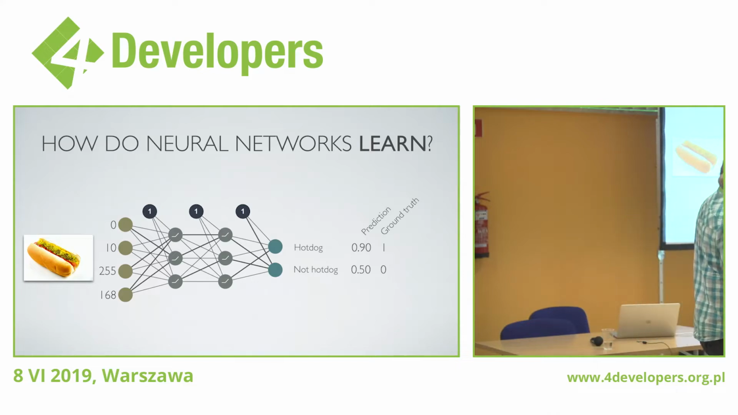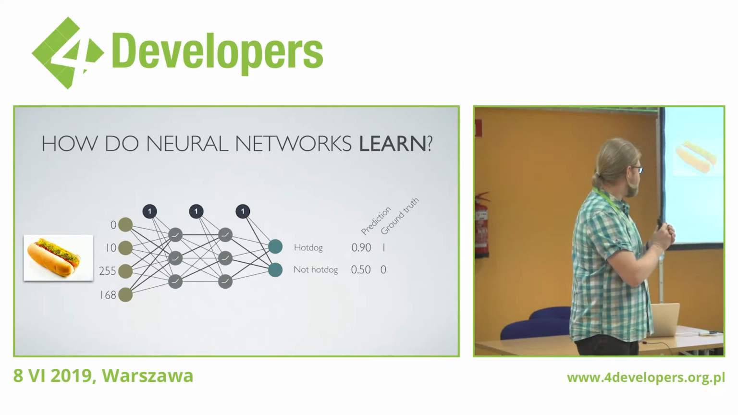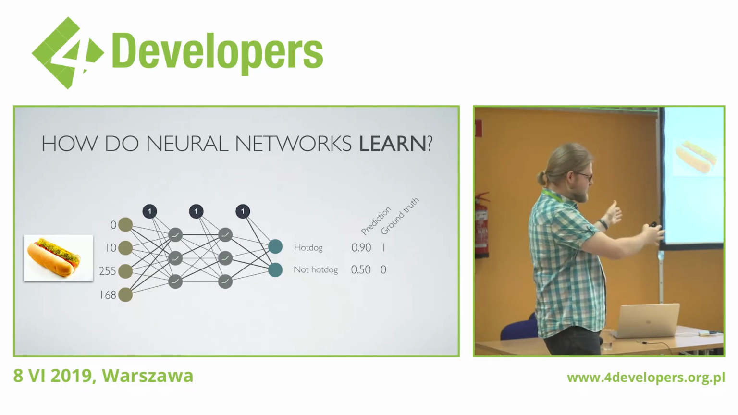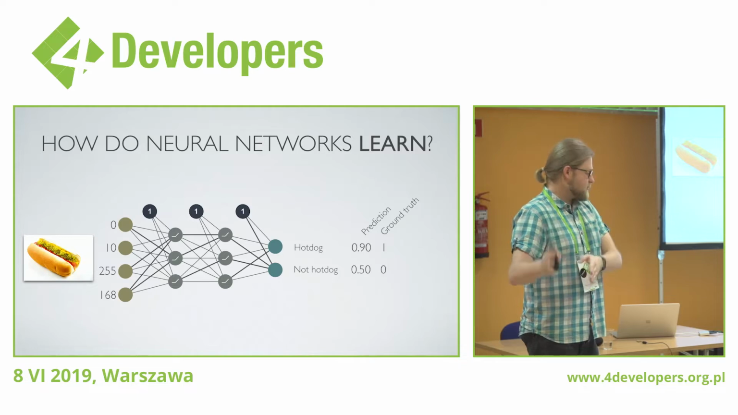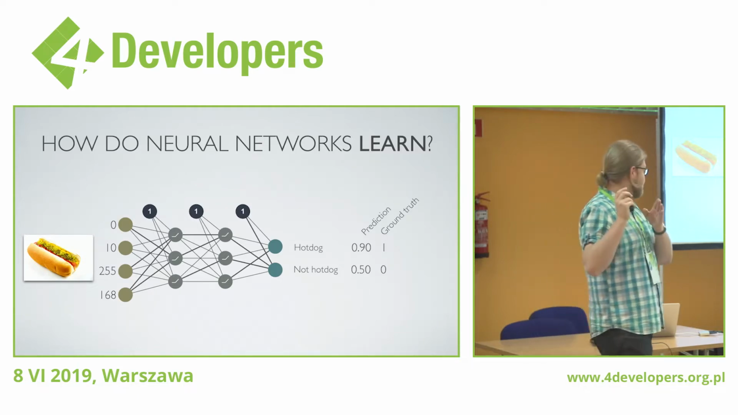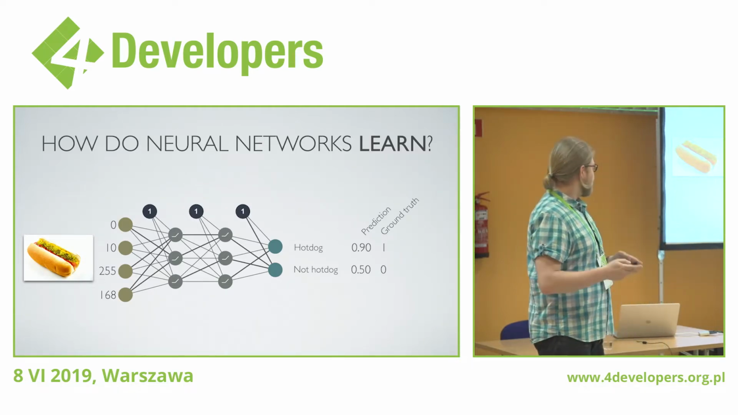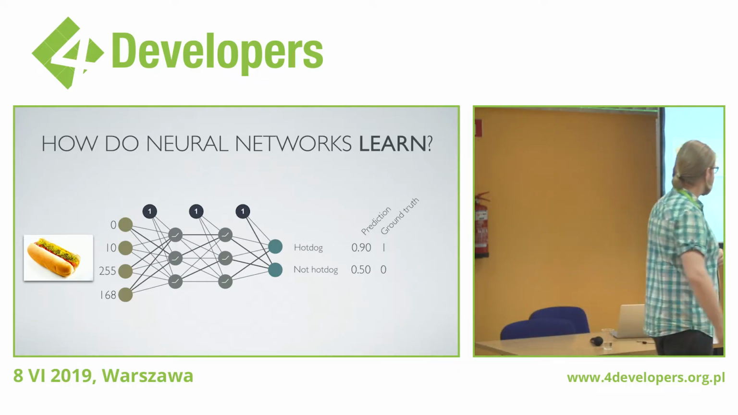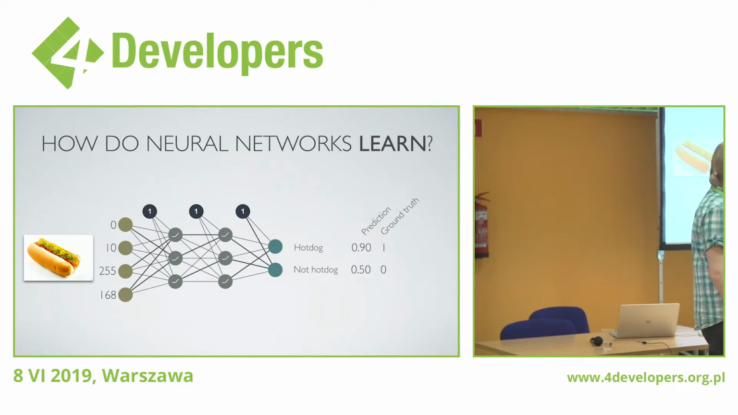But for supervised training, which is the most popular technique used these days, we have a data set of many, many pictures in this case, and many, many labels. So for each picture, we have the ground truth. Is this a hot dog or not? So if we have the ground truth and the network made a prediction, we can calculate